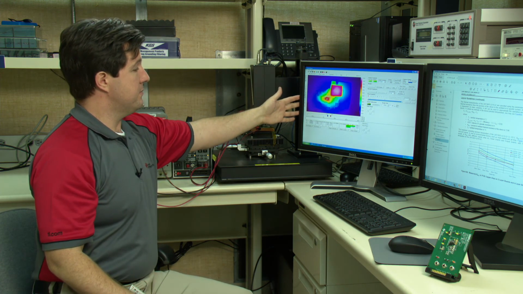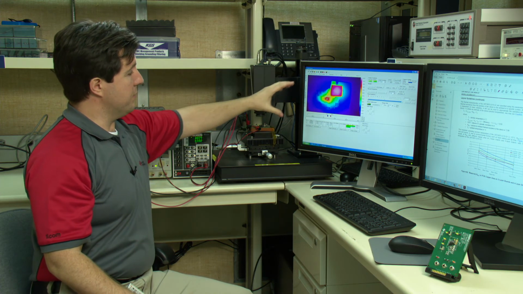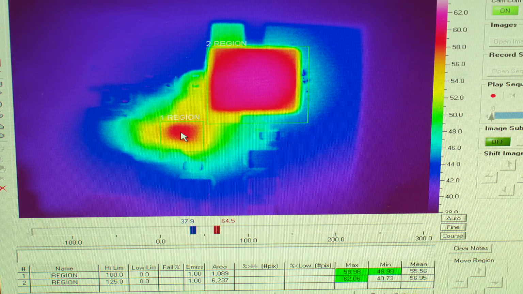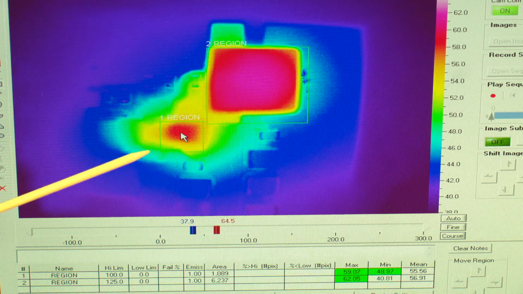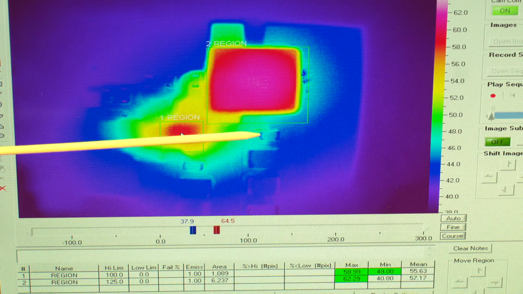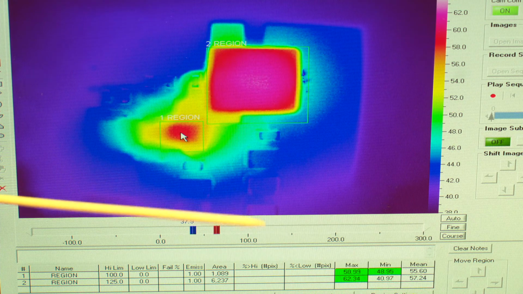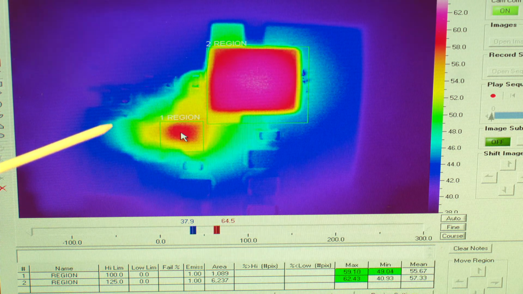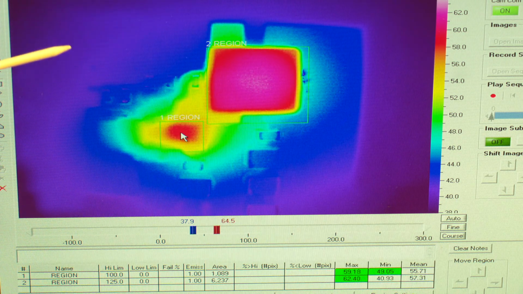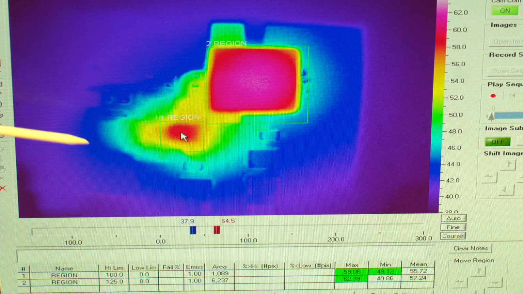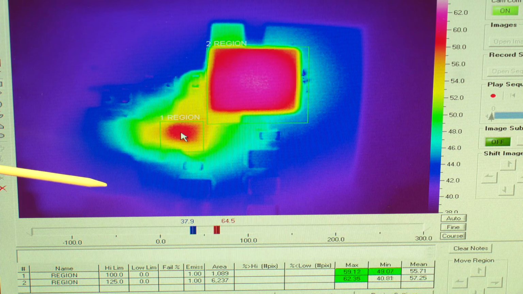If we look here, this is a close-up of the board with the orientation we were showing before. Here's the EVM under the thermal camera. Here's the IC, the LM73606. Here's the inductor, and you can vaguely see the input capacitors and the output capacitors. And you can see around the device the heat trying to spread radially as much as possible. Of course, due to layout constraints, there are components here which are blocking the thermals, but you can see the spread here where those no connect pins are. The spread is very good.